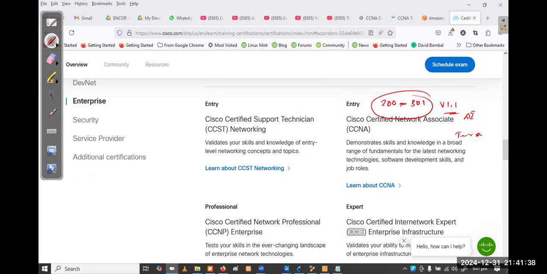Some minor changes they have made to 200-301. That was 1.0, and now they have released 1.1 as well. If you want to pass this exam, you have to sit for a 2 hour exam, and the exam costs you $300.